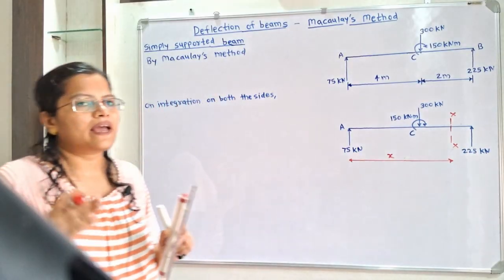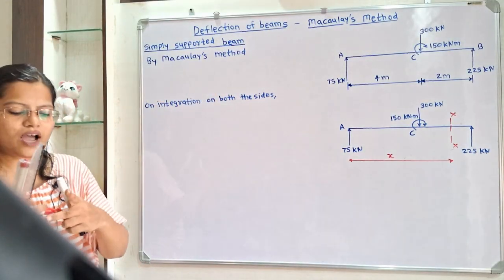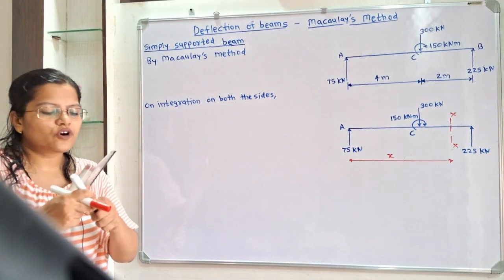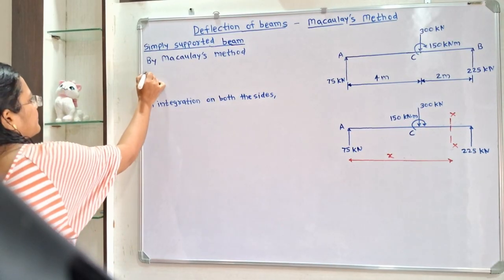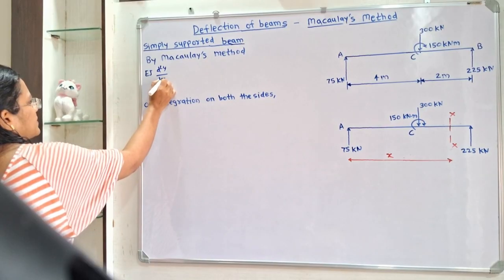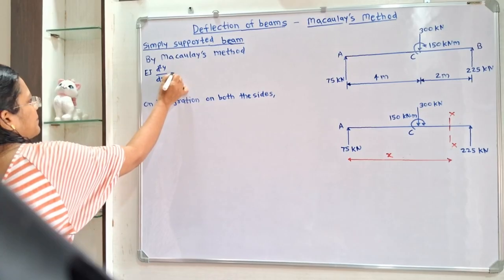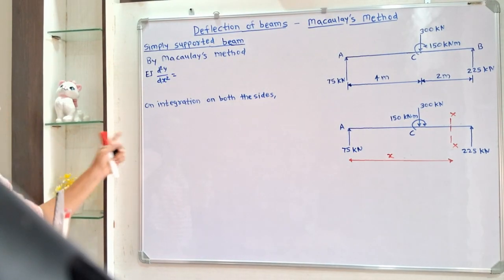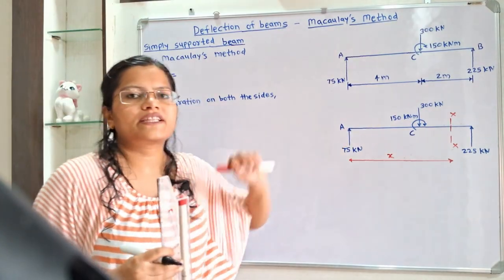Now we will apply Macaulay's method. So how to write the formula? The formula is EI d square y by dx square. So this is the left hand side, and now on the right hand side we have to take the moment